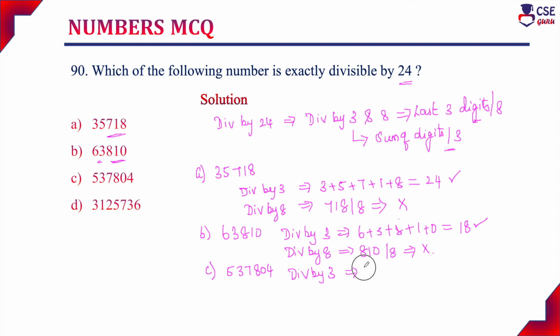537804. So its sum is 5 plus 3 plus 7 plus 8 plus 0 plus 4. So the sum is 27. Yes, it is divisible by 3. Next, we have to check the divisibility by 8. That is, the last 3 digits should be divisible by 8. 804, obviously, is not divisible by 8. It is divisible by 3 but not divisible by 8. Next, option D,